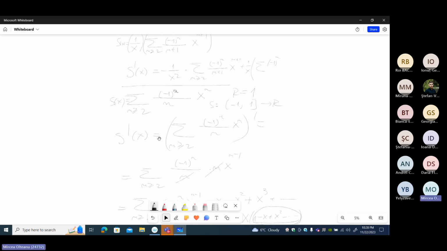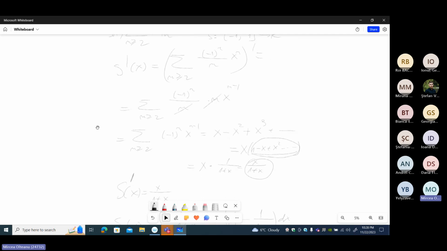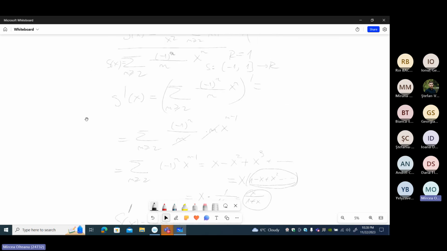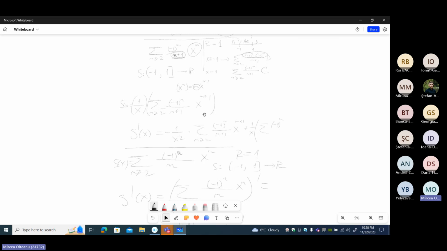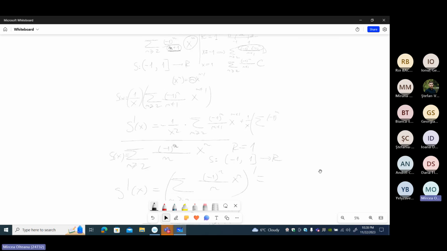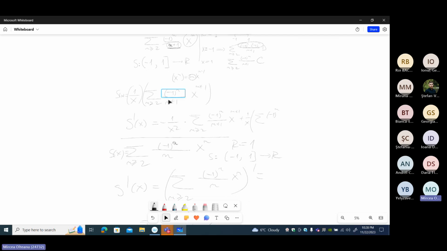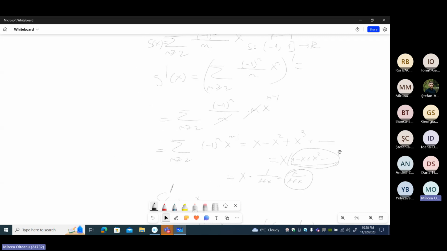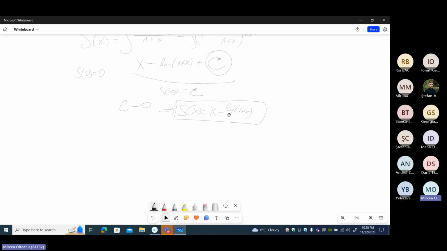Remember, because here the function was our function divided by x. So it's clear what happens. Maybe the first term is missing. So if you divide this one by x, you get the initial function,